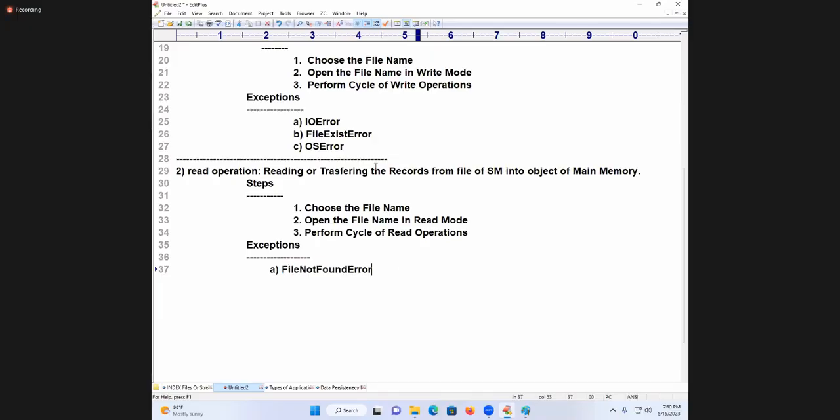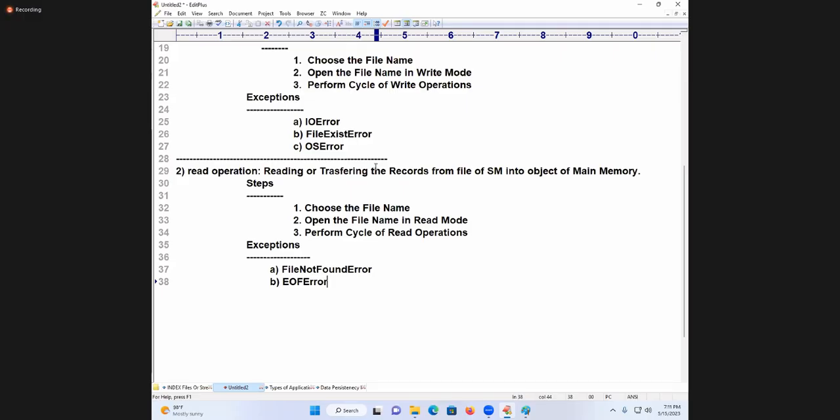Good. Next, one more thing. I am reading first record, second record, third record. I have 10 records. 10 records I read. I am trying to read the 11th record. Do you have the 11th record? It is known as what? EOF error. Spell out. EOF error will come when you are attempting to read the next record after already reaching the end of the file. That is known as which error?